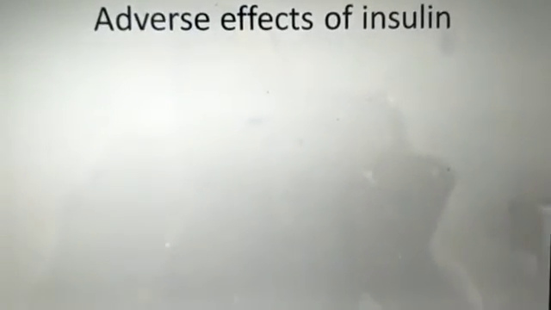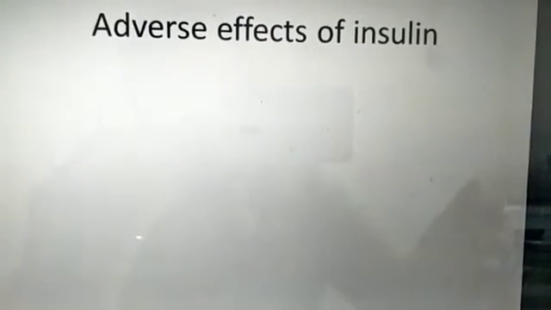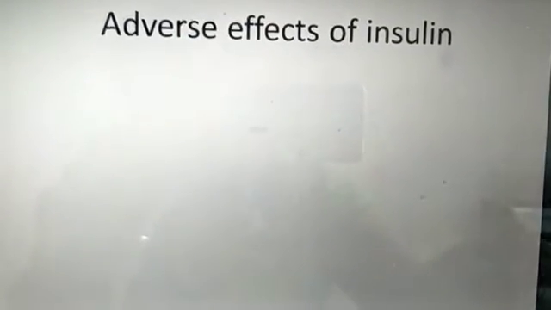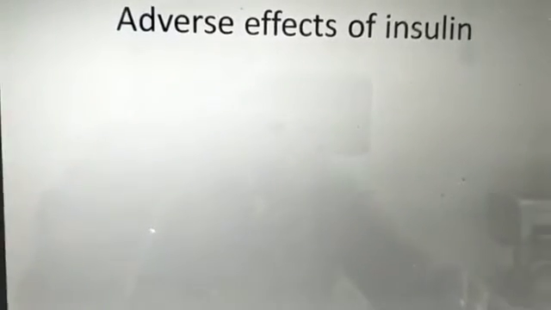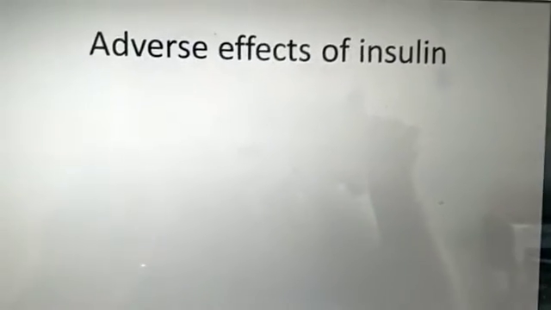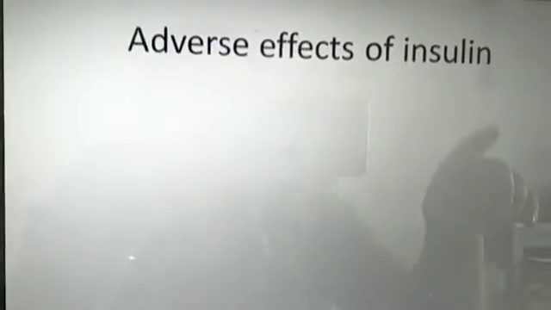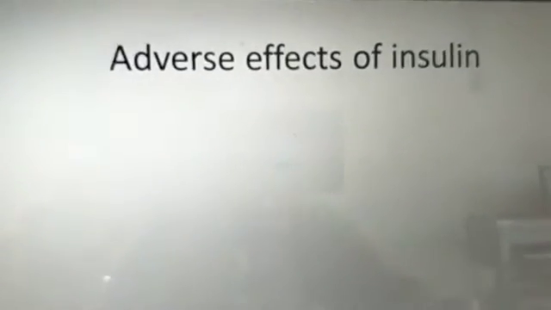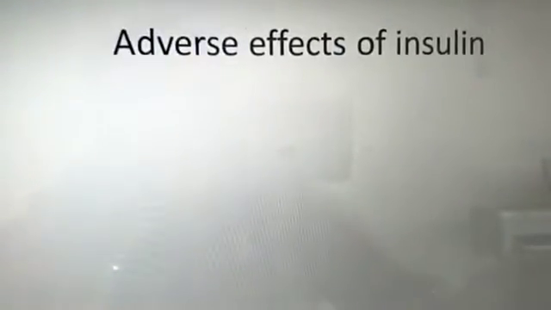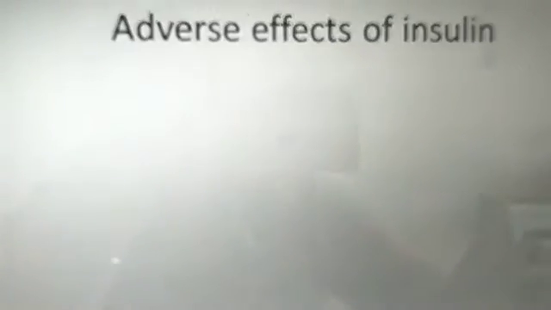So after the therapeutic uses of insulin in the 4 situations we have discussed: type 1, type 2, non-ketotic hyperosmolar coma, and diabetic ketoacidosis. Next thing is, what are the adverse effects of insulin when we use it for the treatment of, or for the control of, hyperglycemia. So first and foremost in the adverse effects of insulin is, it has been given to reduce the blood glucose level. It is doing more than required.